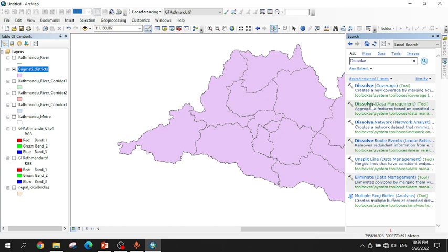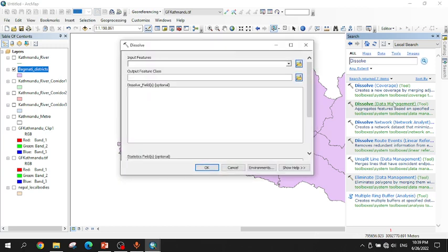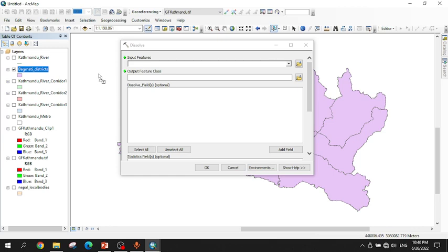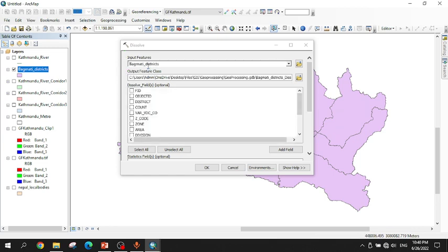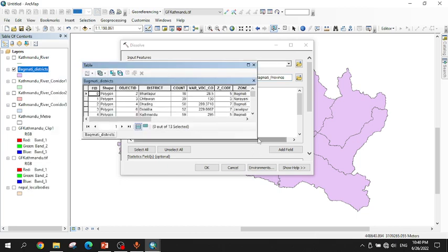then choose this dissolve data management, then drag this Kathmandu district, and from this you have to write the name as the Bagmati province. We are going to simply convert the Bagmati district file into the Bagmati province. Then in the dissolve field, we are going to dissolve the similar area, and for selecting the dissolve field, you have to right click here, Bagmati district, and go to open attribute table, and from this table,